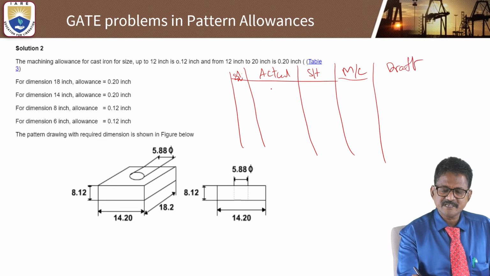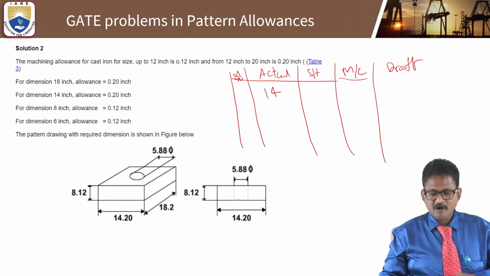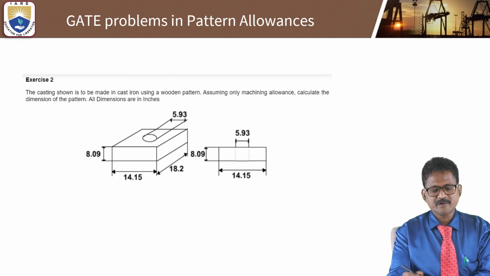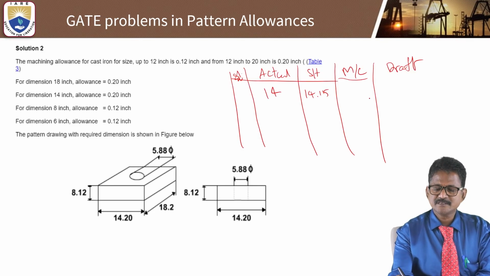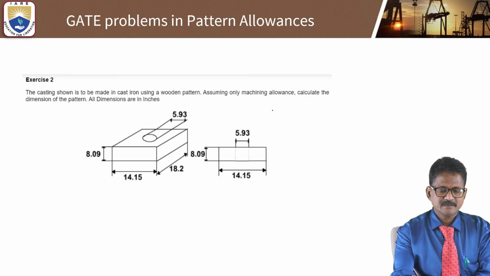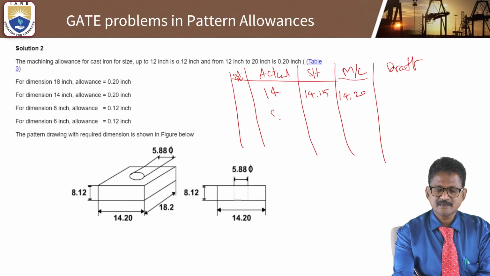So actually if you take the 14 mm, how much do you provide? 14.15, this is machining allowance, 14.2, and similarly if you take 8, 8.09 and 8.12,